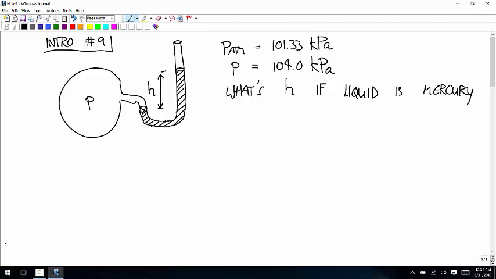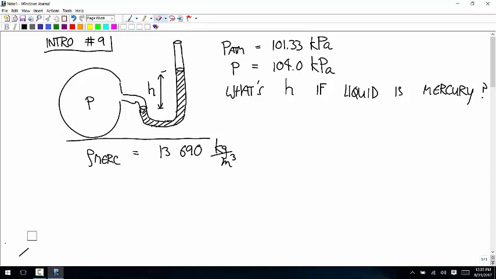You happen to have that solution in front of you? You know what the density of mercury is? I know I did that in the solution, but yeah. 13,000 something? Yeah. Okay, so the density of mercury is 13,690 kilograms per meter cubed. And the easy way to do this problem, the way that I did problems like this in class, excuse me, is